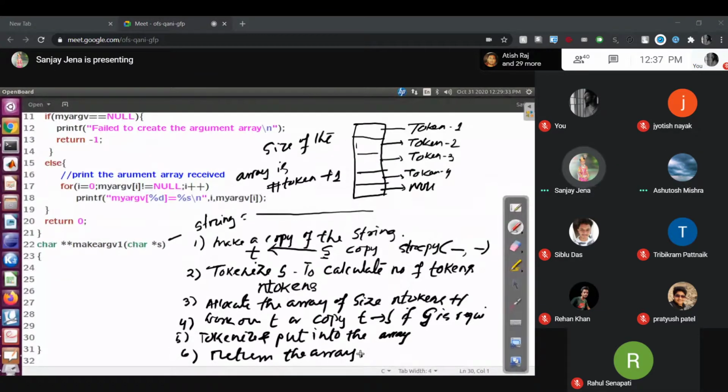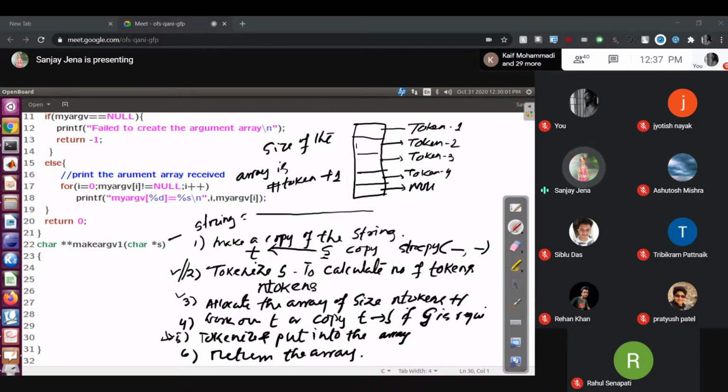Step number 5. Why do we need to do step number 5? Already you have tokenized. This is the point: you have tokenized to count the number of tokens only, but you have not put them into the array. Why are you not able to put them? Because you don't know the size of the array, and the second step helps determine the size of the array.